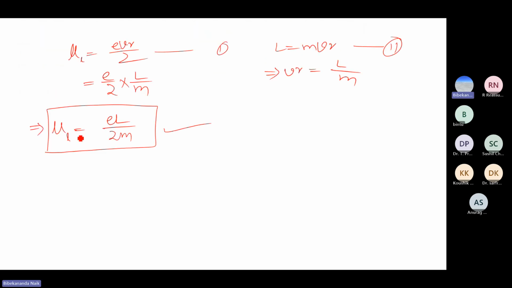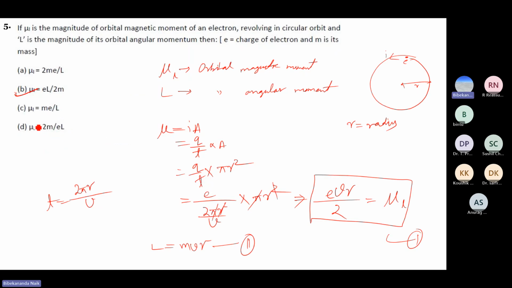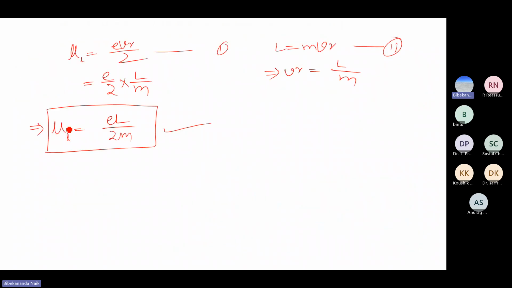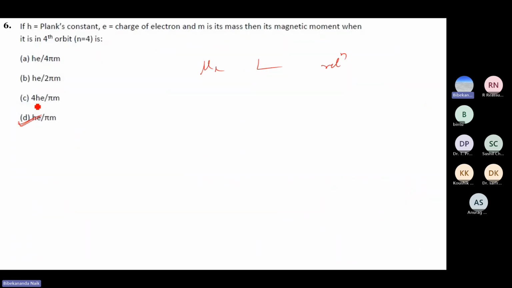Because here, if you see, there is a relation mu L equals EL by 2m. In all the earlier options the relationship was between mu L and L, but here there is no L. We need to find out the value of mu L, but there is no L. So we need to find the value of L for the fourth orbit, so that we can use that value of angular momentum to calculate the magnetic moment. So what will we do? L equals